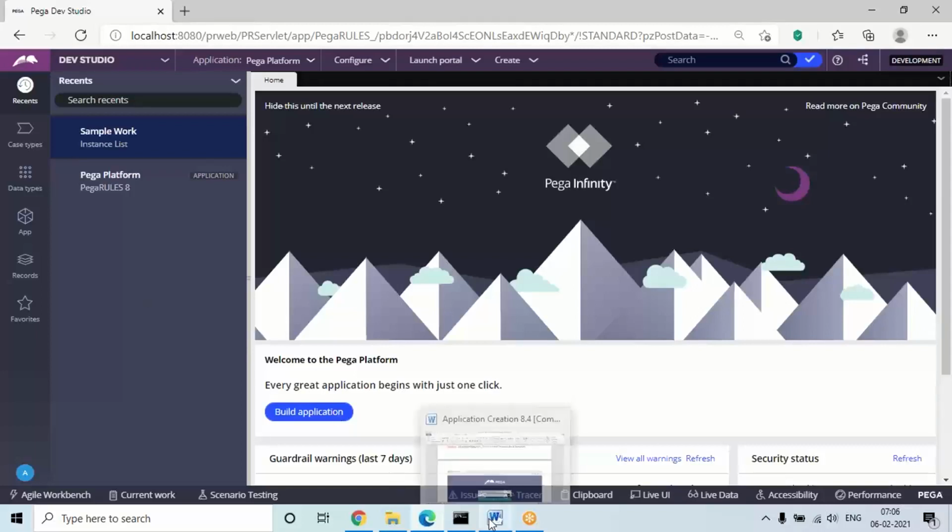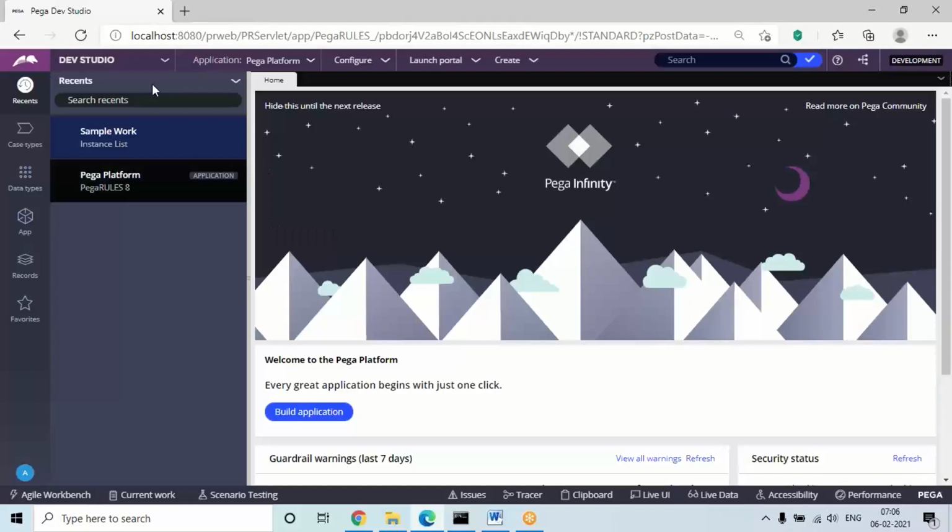Another thing is, in this platform we will have 4 panels. You will have the header options. In the header, some internal tools, internal settings and widgets are available. I cannot discuss every option right now, because going forward, in every session, step by step, we are going to use them. And on the left side, these are all explorers. Most of the design in the application we are going to do through these explorers, about 90%.